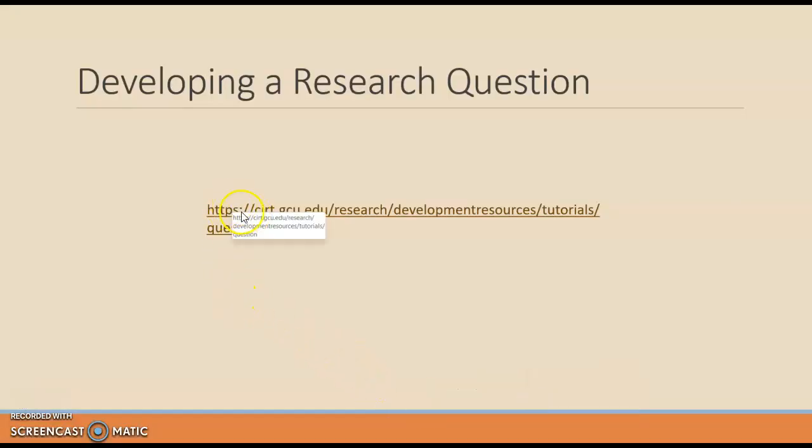There's a link right here that you can access that will take you to a section on developing sufficient research questions at the graduate level. You can peruse that as you will. The main thing to know about research questions after you have a fully defined topic is that they need to be open-ended questions that will give you some robust information or robust answers to guide your